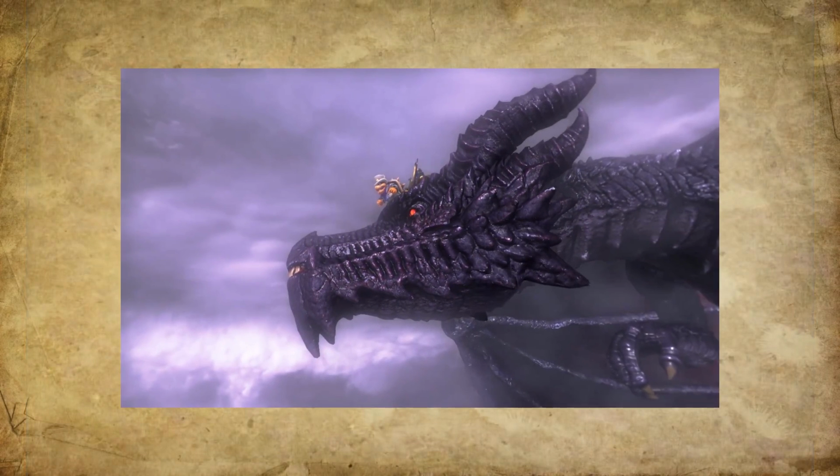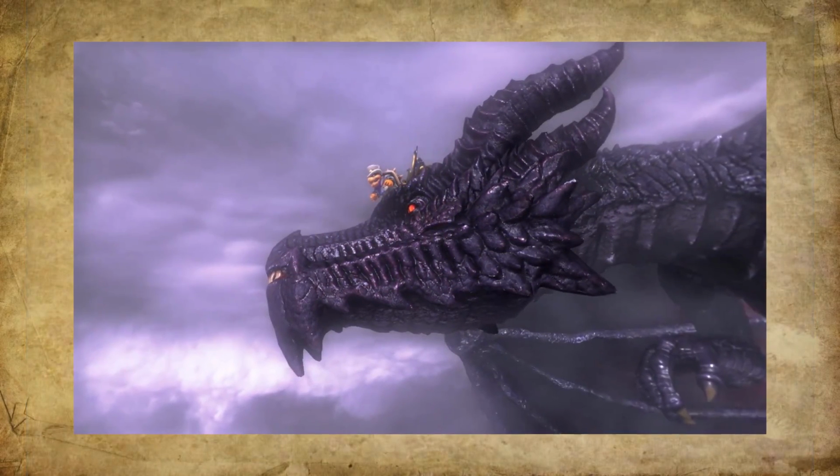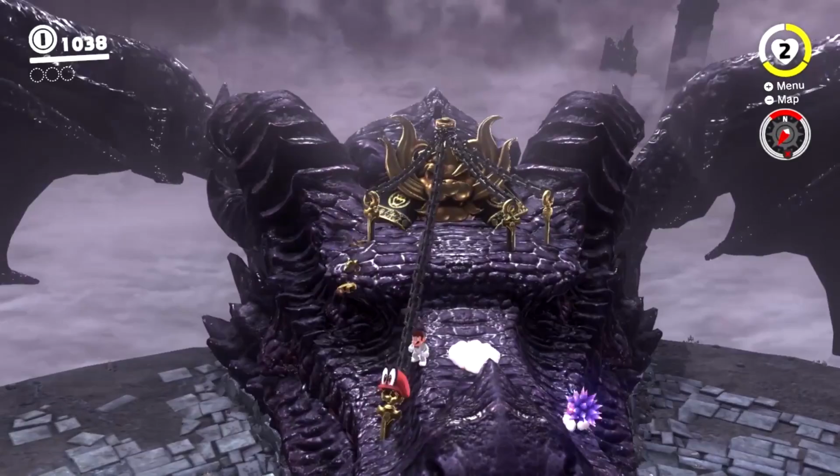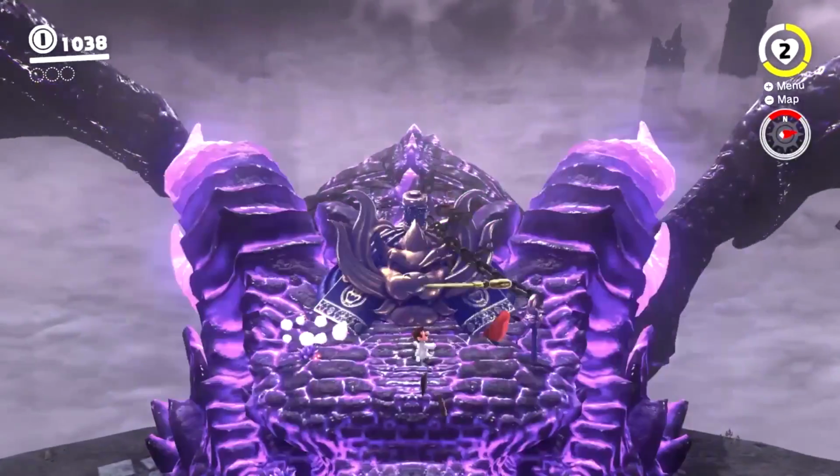Number 3. Now this upcoming boss doesn't belong in this game, it really doesn't. However, we're glad it is in the game because it's epic. The Ruined Dragon, also known as the Lord of Lightning, Bowser's new ally. Just look at this thing. It looks like a boss from Dark Souls or something. Even if the boss fight was horrible, it still deserved to be on this list for the setting and design